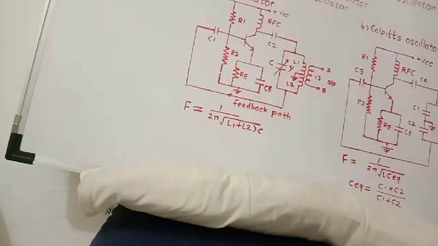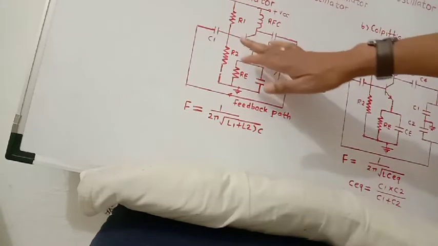What is the operating condition of the transistor? It is best to operate the transistor as an amplifier. To operate the transistor as an amplifier, we know that there are two PN junctions in a transistor: emitter to base is one PN junction, and base to collector is another. The first PN junction, emitter to base, should be forward biased, and base to collector should be reverse biased, so that the transistor operates and acts as an amplifier. For this purpose, R1, R2, RE provide the necessary bias